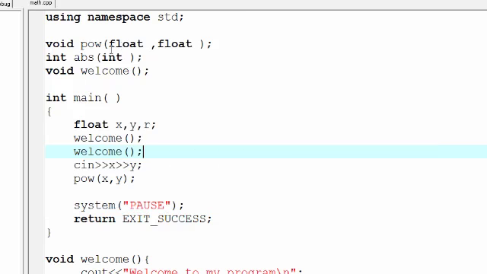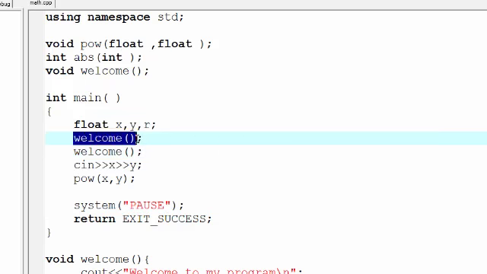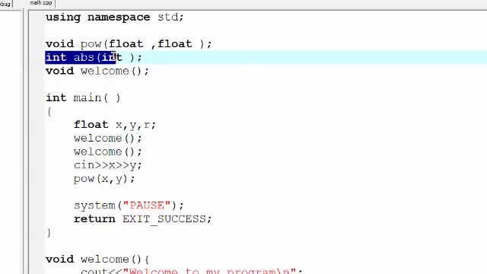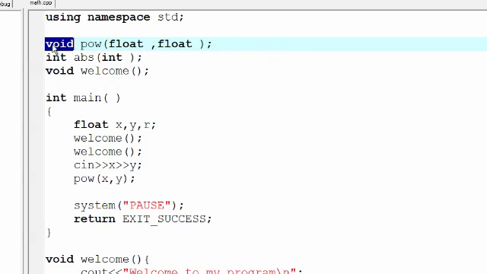So this is an example of a function that does not have a return value and does not have a parameter passed, and this is an example of a function that has one return value, an integer, and one argument. This is a function that has 2 arguments and 1 return value. Actually, functions can only have 1 return value. If you would like to return 2 things, for example, if you would like to